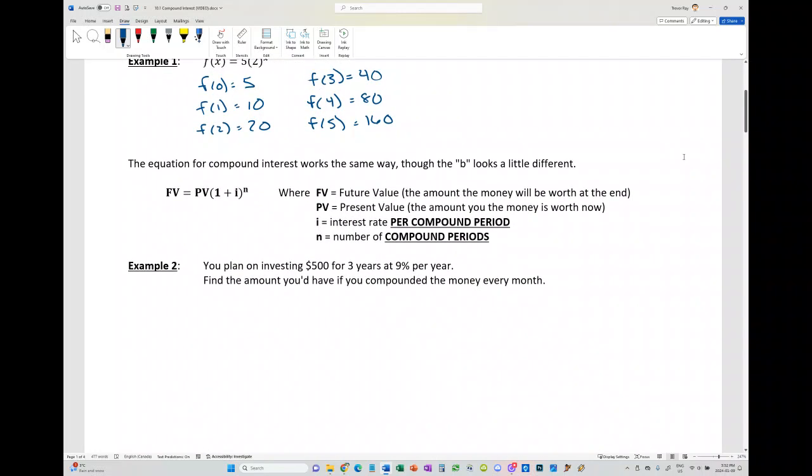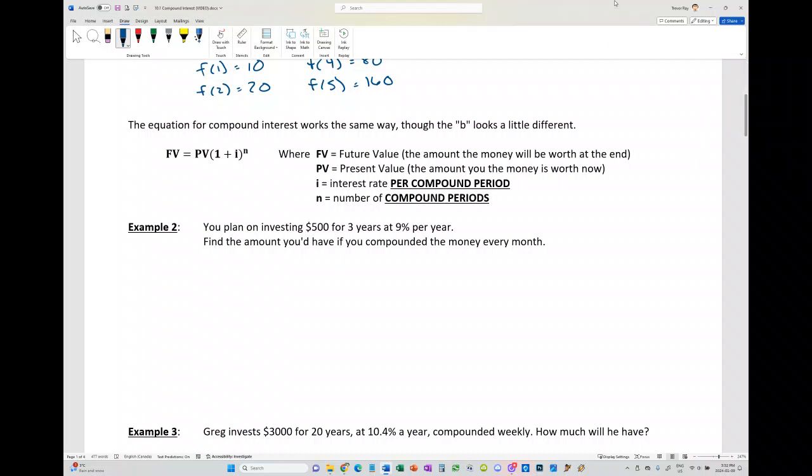So our general form for a compound interest equation is going to look like this. And I will admit that it looks a little bit worse than the simple exponential function, but it actually is exactly the same format. The FV and PV are actually single variables, despite the fact that they're two letters. And what it says is that the future amount that I'll have, or the future value of my investment, or the amount that I will owe, is equal to the present value, so how much the money is worth now,